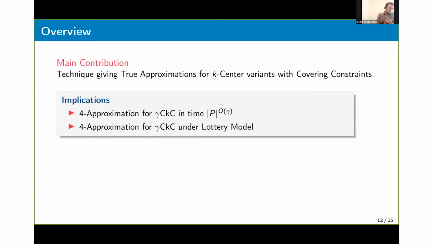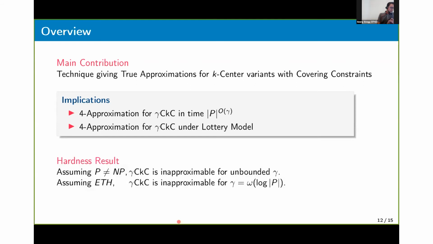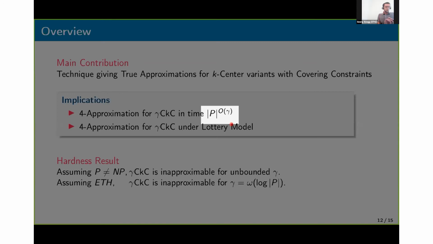The main components of this algorithmic result are iterative LP strengthening. We've seen the kind of LP results by Xinrui, yet we managed to strengthen the canonical LP using the ellipsoid. This is usually called the round-or-cut method, which was introduced by Carr et al. and has been used in different contexts. We also rely on this pseudo approximation by Bandyapadhyay, Inamdar, Pai, and Varadarajan that Xinrui's algorithm also uses. And we use dynamic programming to solve some easy instances. Now, notice that because of the runtime, this algorithm is only polynomial time for constant gamma,